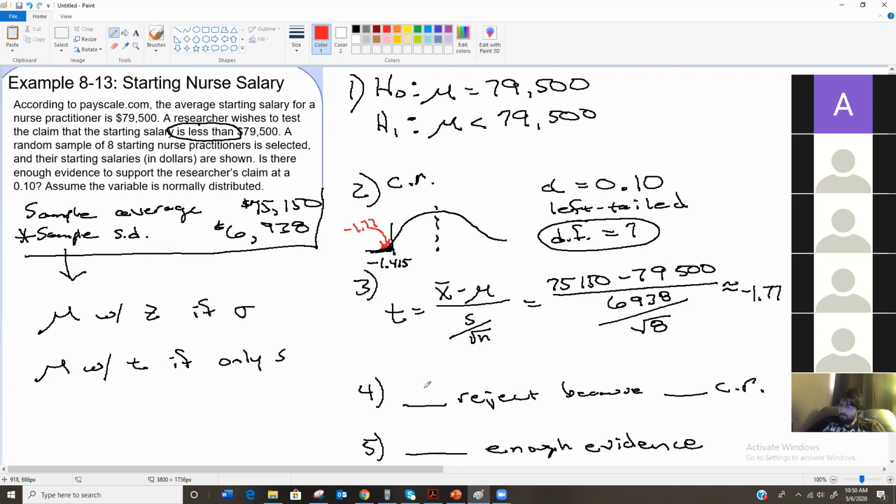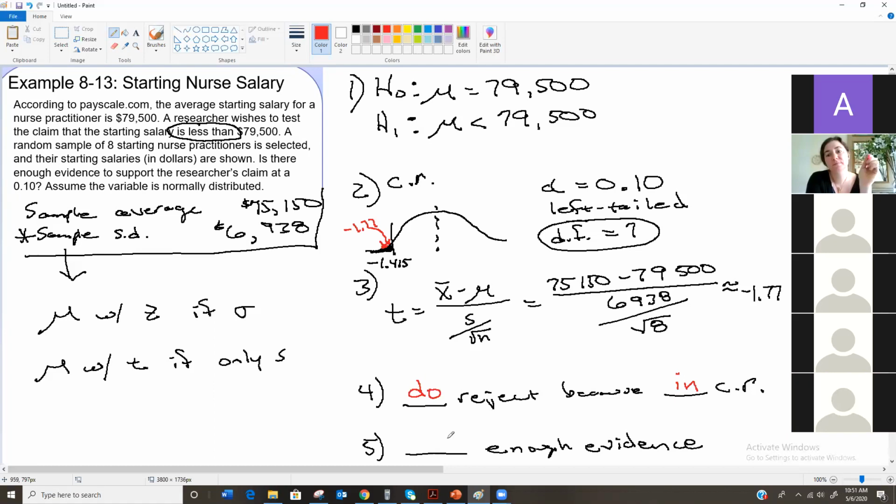So we're going to reject. Not because there's no evidence, not enough evidence, but we're rejecting because we're in the critical region. So there actually is enough evidence. Remember, all positives. If we do reject, that means we're in the critical region and there is enough evidence to support the claim